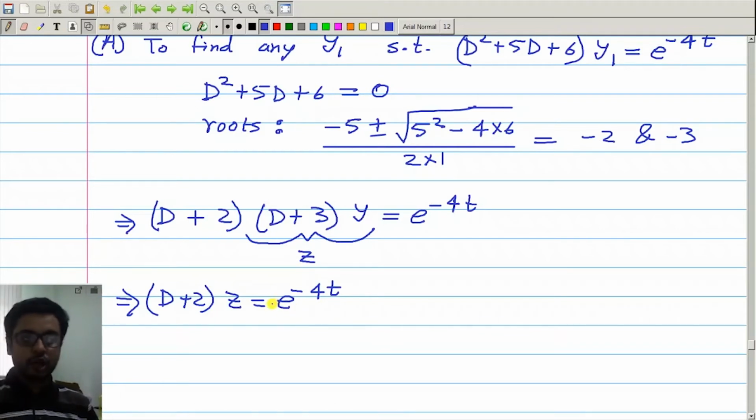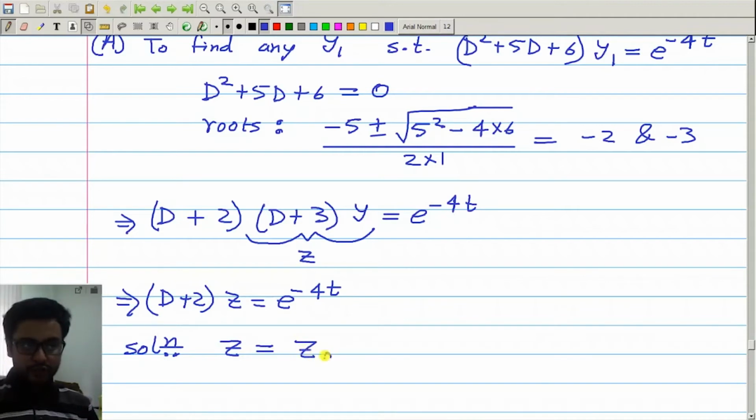In this case, the polynomial is very trivial, it is 1. And this is a first order differential equation. So we know that the solution will look like z is equal to